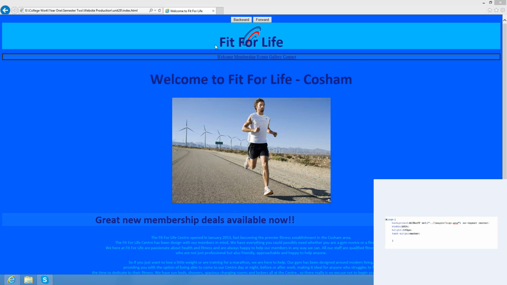I've got this nice Fit for Life banner, and with this we've used a background logo, and we've used a heading over the top of it. In the bottom corner we'll have some of the coding showing those particular elements that I've listed. So you can see in the coding in the bottom that we've used tags,